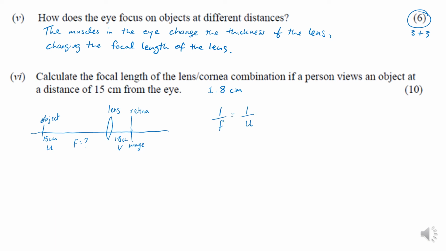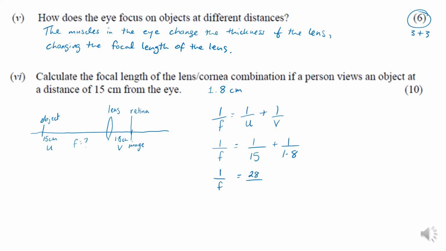We've practiced using this and it's in your formula and tables books. 1 over F equals 1 over U plus 1 over V. So always write down the formula. You'll see in the marking scheme why. Next, put in the information that you do have. So we don't have F, we do have U, it's 15, and we do have V, it's 1.8. Now, at this stage, you can use your fraction button on your scientific calculators and add 1 over 15 to 1 over 1.8, and it gives me